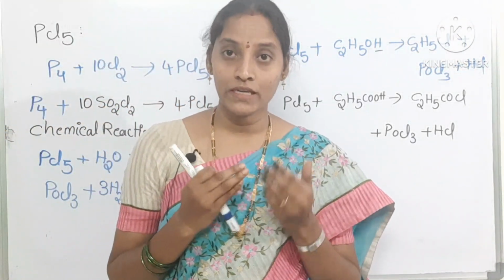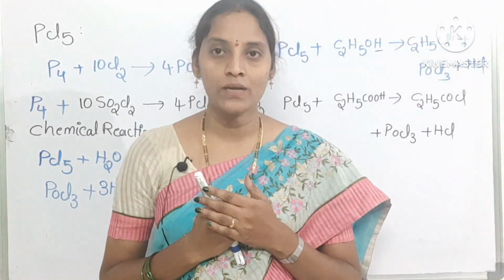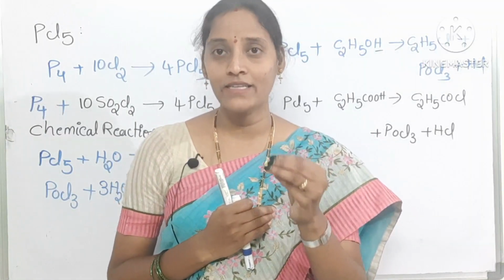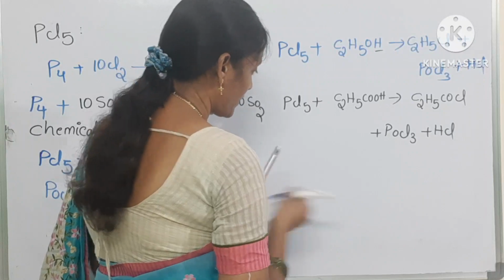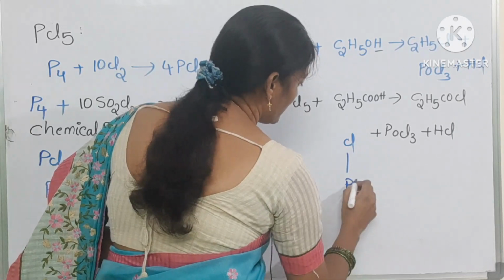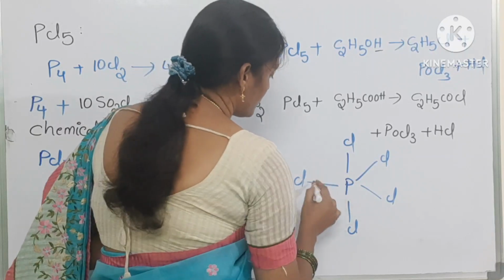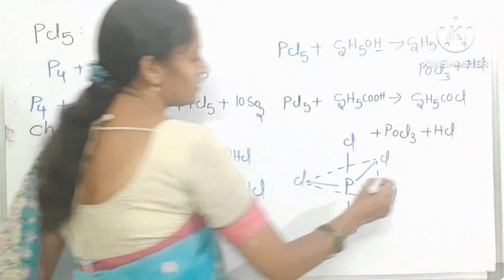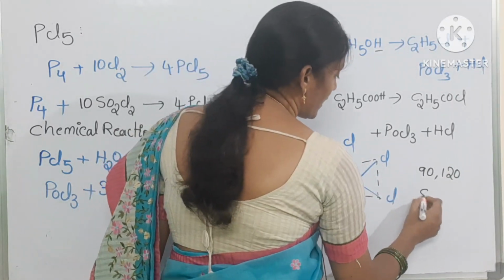Then if you come to its structure, it is trigonal bipyramidal shape, sp3d hybridization. Bond angles are 90 and 120 degrees. You can see its structure. This is phosphorus, chlorine. This is also chlorine. This is the trigonal bipyramidal structure. 90 and 120 degrees you will observe here, and sp3d